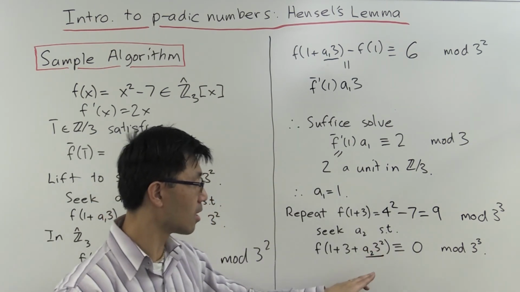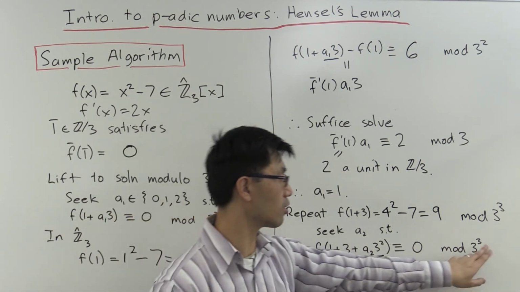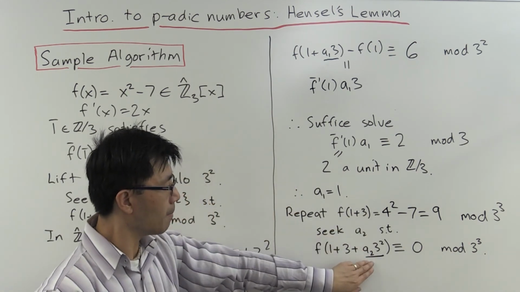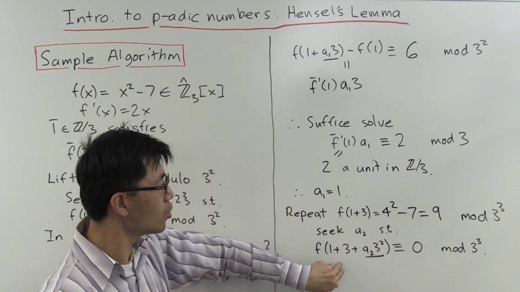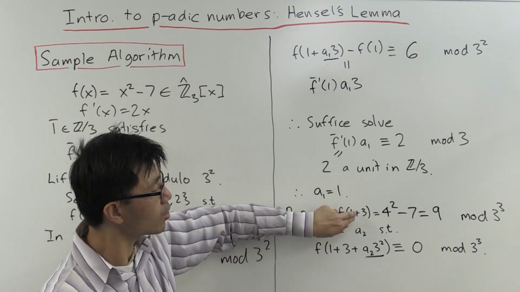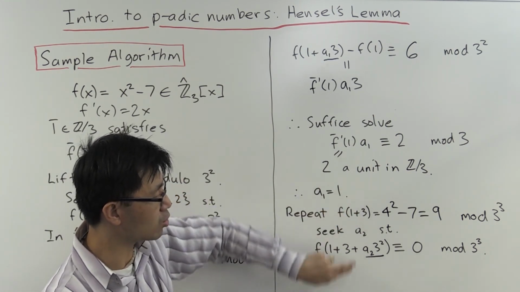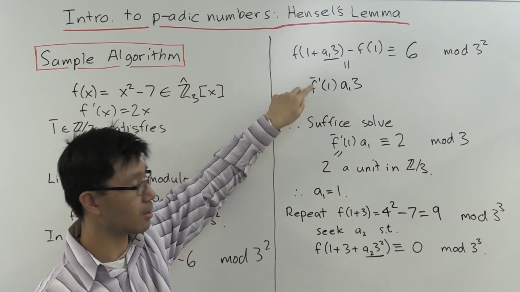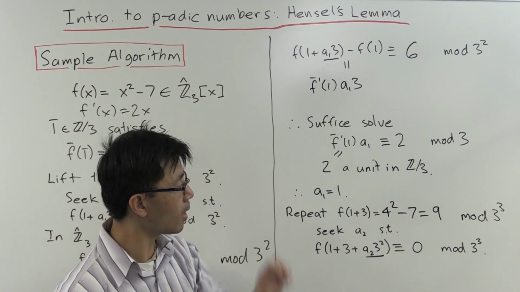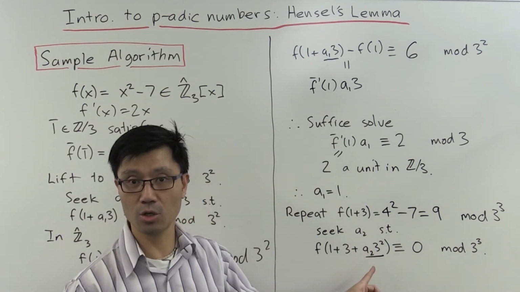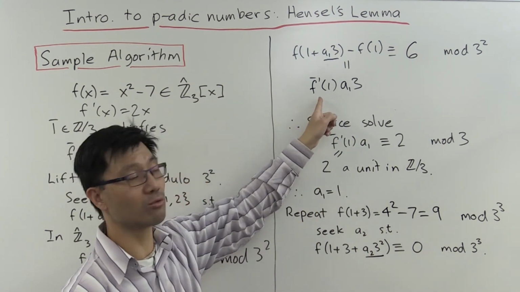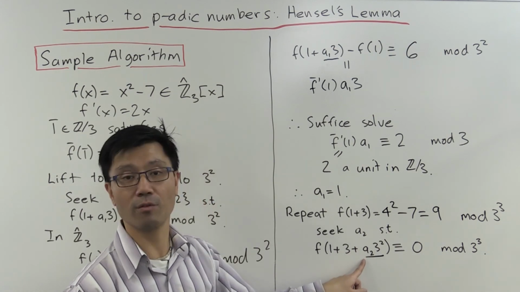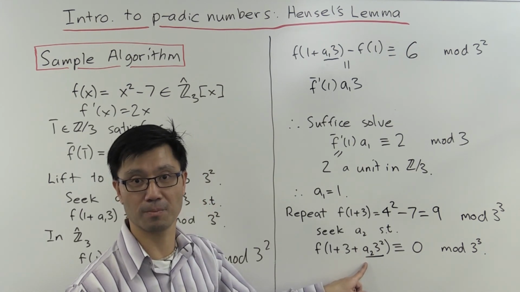In fact, when you square it, it's 0 modulo 3 to the 4th. But we won't use that fact. So you can look at this term here, and again, you can look at the difference of these two terms and rewrite that using the derivative of f. That'll be some simple formula that involves this a2, and using the fact that this derivative is a unit,